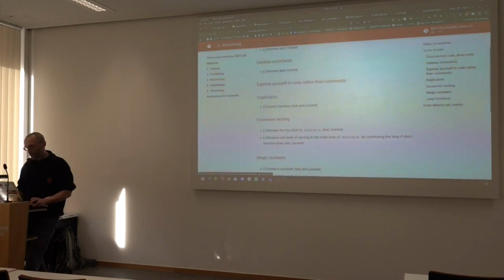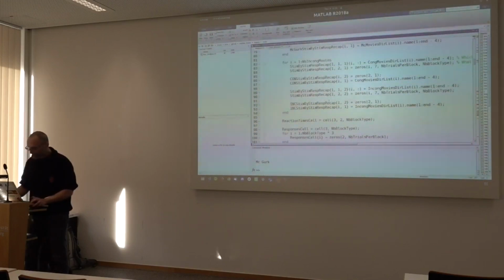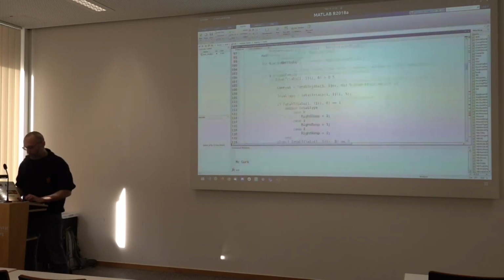Okay, duplication. That's the part where you extract a function from your code. So, things that are duplicated might not be obvious, but you can find them. When you're on your own code, usually you're pretty good at finding them. On other people's code, maybe not as much. Not here.